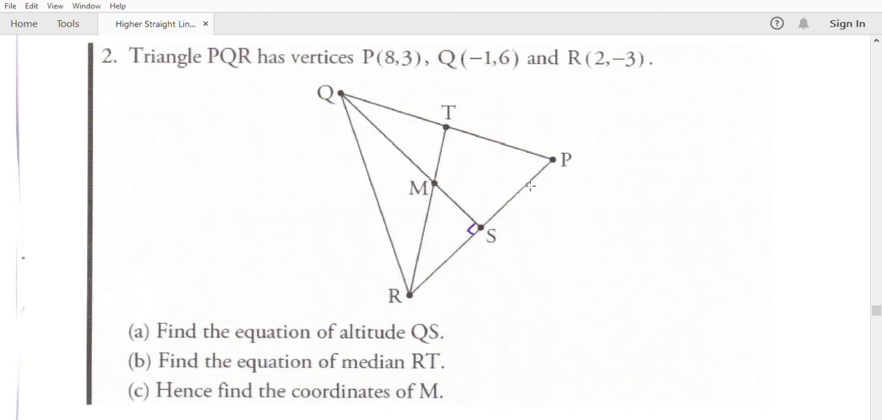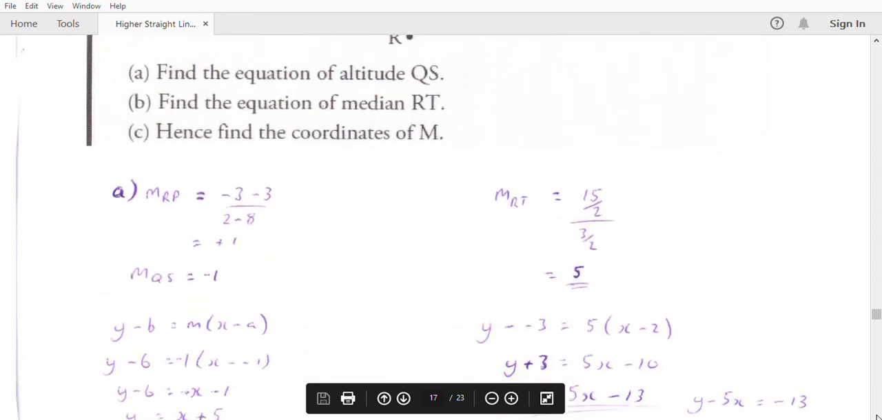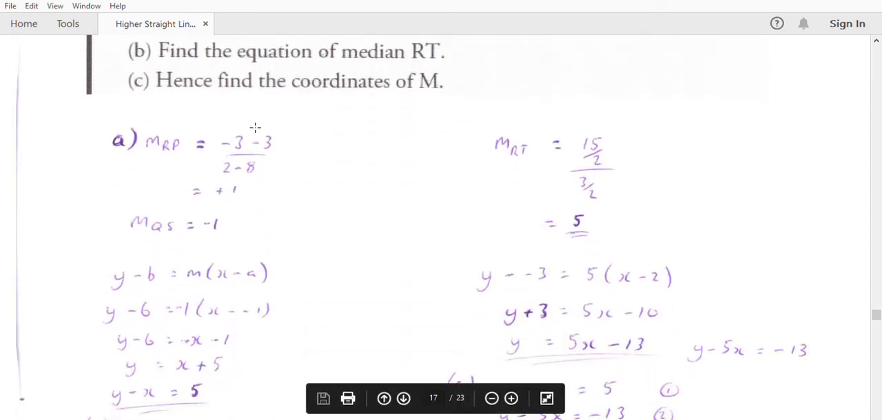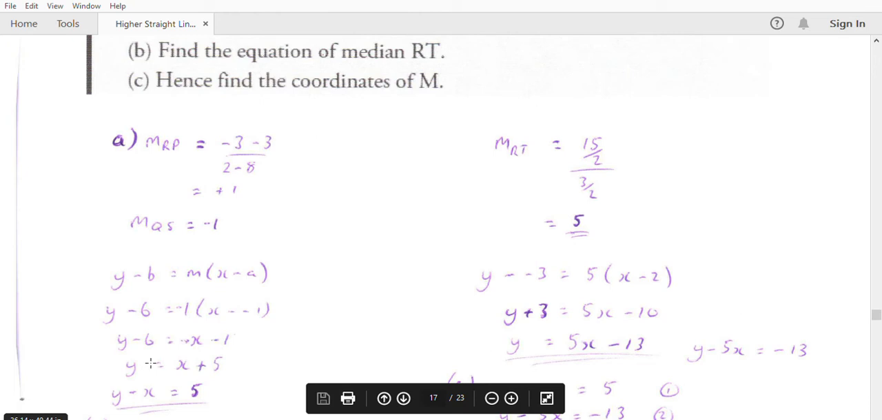But we definitely know it is at right angles to the line RP, so I'd find the gradient of RP, which, substituting in using y2 minus y1 over x2 minus x1, comes out as 1. So the gradient of QS, which is perpendicular to that, would be negative 1. And we know the point Q, so then substituting in, remember A is the x coordinate, B is the y coordinate, we should end up with y equals x plus 5,